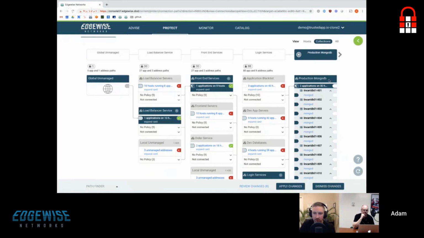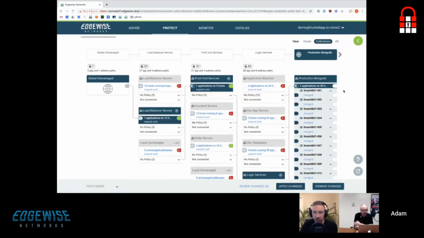The location does not matter to us, and I could then move these around. I could be in the process of migrating from on-prem to the cloud. The policies do not have to change because they are tied to the identity of the software, not to its physical location based on IP, port, and protocol. So that's going to allow us to handle not just the auto-scaling dynamism of an environment, but any type of migration that you might be going through.